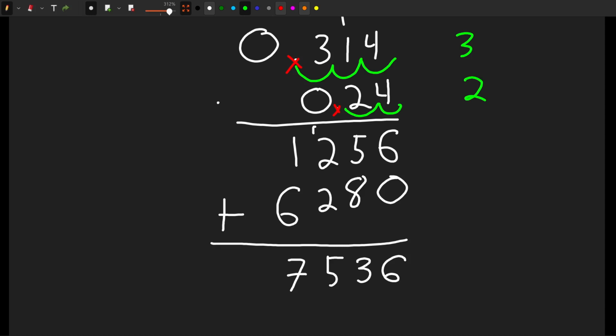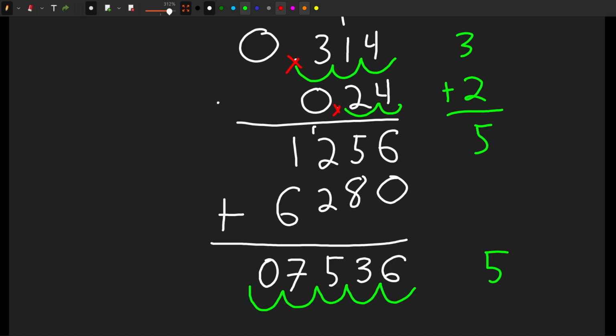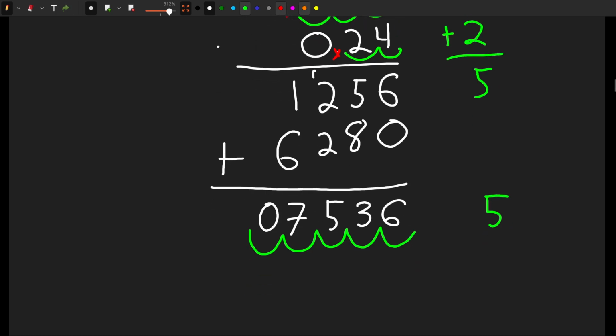And so that means now I'm going to add these two numbers up. You get 5. And so now I need to move 5 spaces over in my answer. 1, 2, 3, 4, and then 5. I can add a hidden 0 right here in front. That's one thing we can do with decimals that we can't do with whole numbers. And so in this case, my answer then is going to become